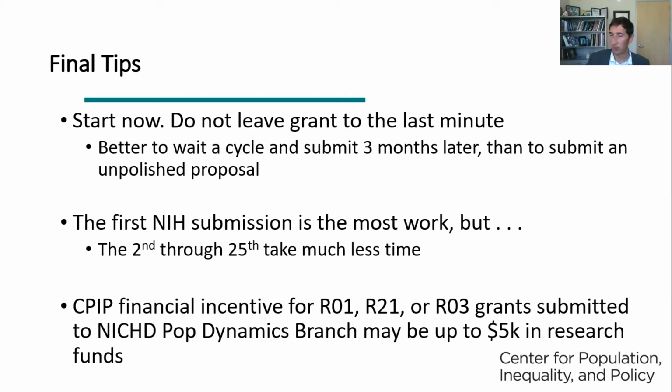And you might ask why I wrote the 2nd through 25th. Well, that's where I am right now. I counted it today. So I'm on the 25th one, but it's fine because again, everyone after the first one is a lot easier. And I will close by saying that CPIP does give a financial incentive for those who write R01, R21, or R03 grants to the population dynamics branch. We will, to the extent we have funding still available, be able to offer up to $5,000 in research funds per submission per individual